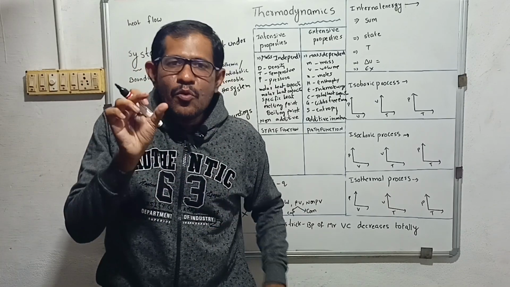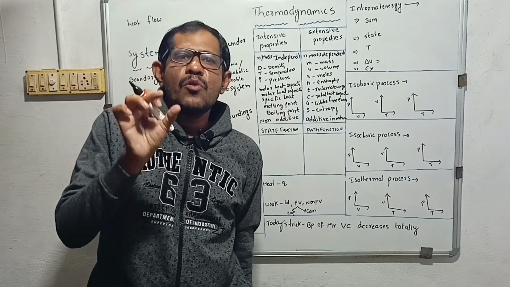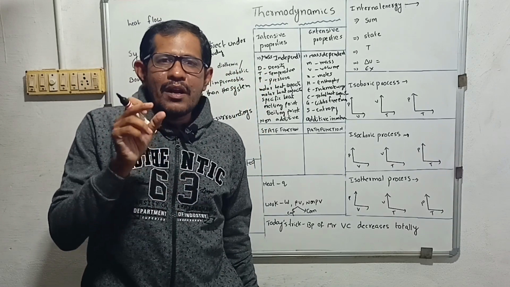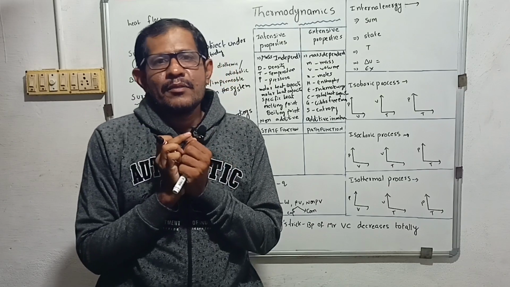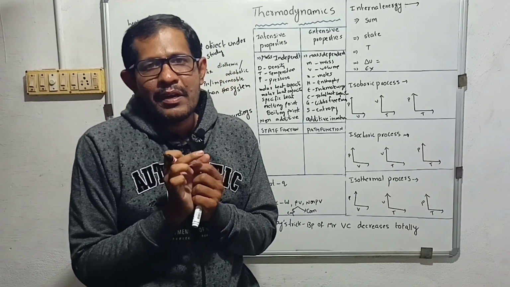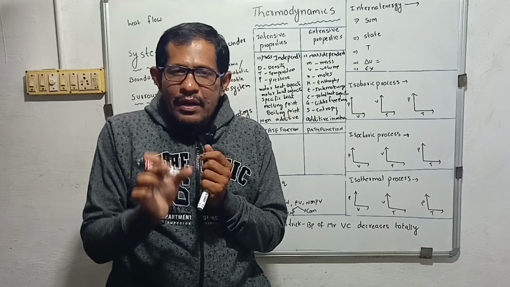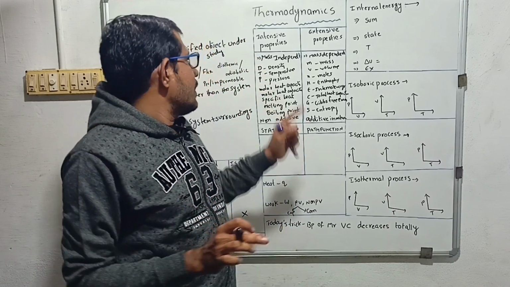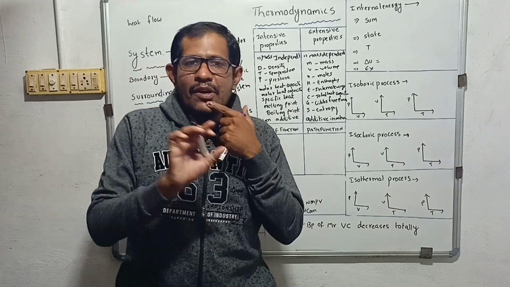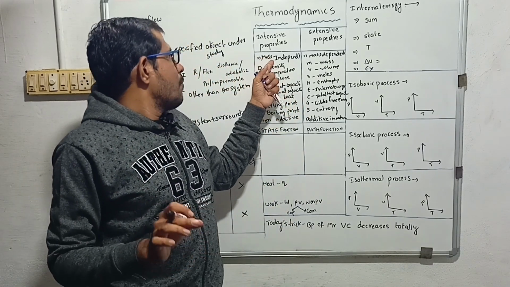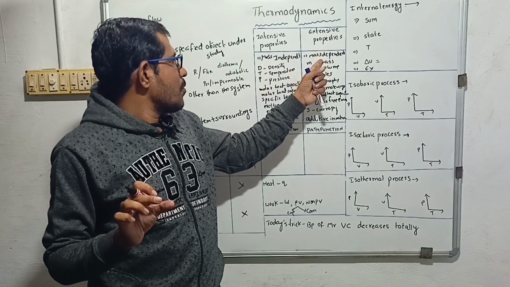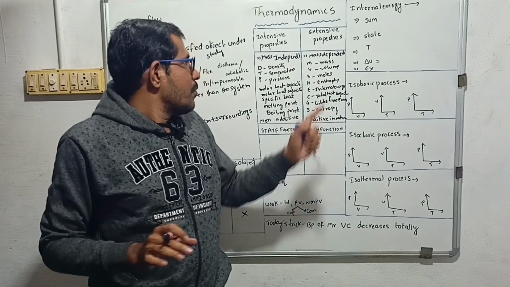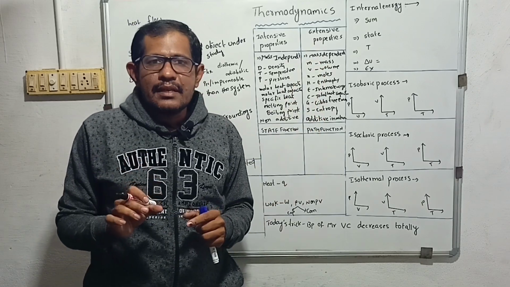If you mention the terms molar or specific, those become intensive properties. Molar means we are calculating for 1 mole, specific means we are calculating for 1 gram, right? For 1 mole or 1 gram, we are fixing the amount. That's why they become mass independent and they become intensive properties. Finally, I will give the summary. Intensive properties are mass independent properties. Extensive properties are mass dependent properties. Intensive properties are non-additive, but extensive properties are additive in nature, right?